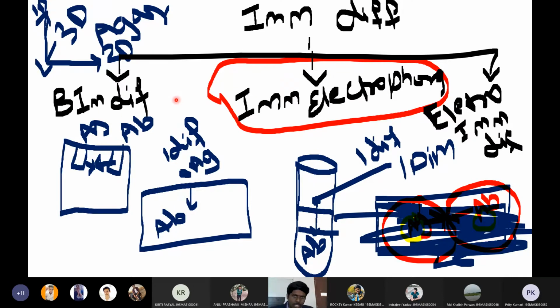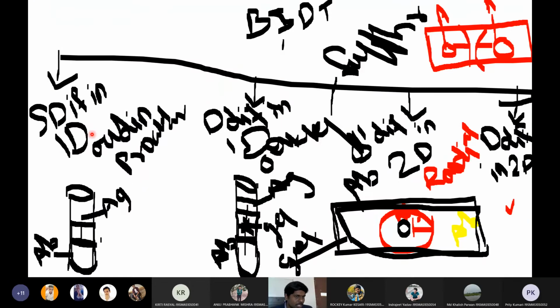In basic immunodiffusion, we have four types: single diffusion in one dimension, which is called Oudin procedure; then double diffusion in one dimension, which is called Oakley-Fulthorpe procedure; then single diffusion in double dimension, which is called as